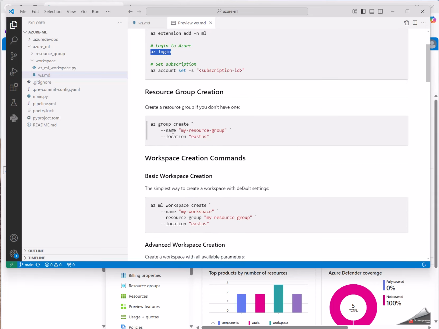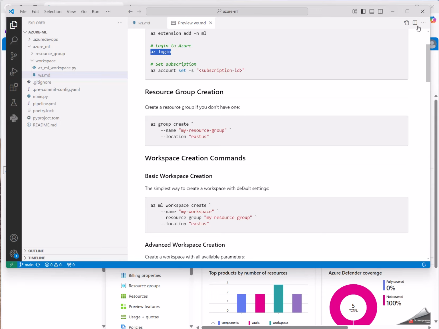And now, how to create the workspace. As I said in the previous video, for a workspace we also need to create a resource group. A resource group is just like an umbrella, and this workspace and other components like compute instance, compute cluster, and data are under this umbrella. So the first step is to create an Azure resource group with this command.